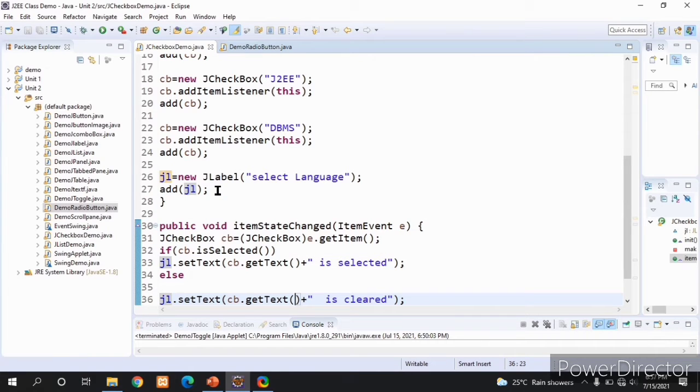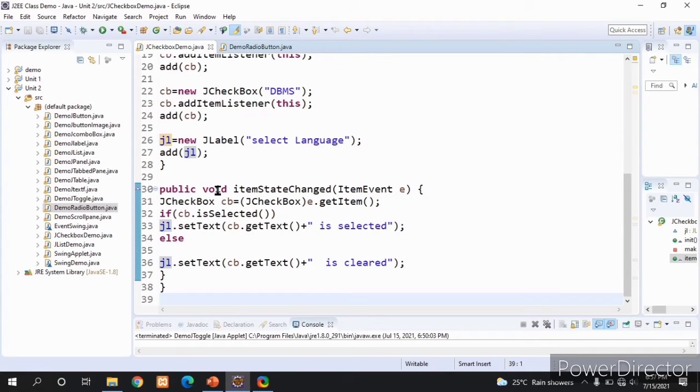As we are implementing the ItemListener interface, we must override the itemStateChanged method. In that method I am getting the item, meaning which item is selected, using getItem, but that is in the form of a string.